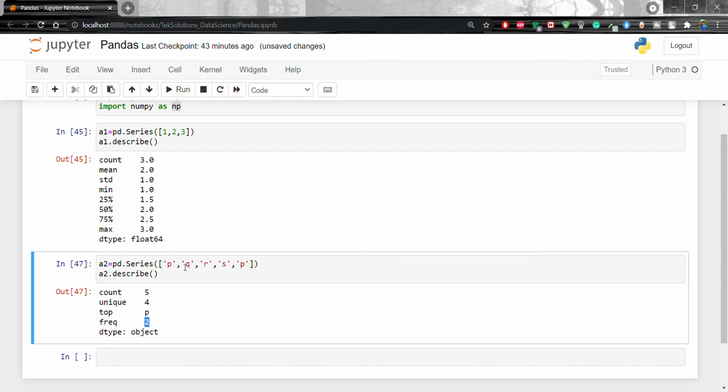Then we pass numeric, another column name, with values 1, 2, 3.